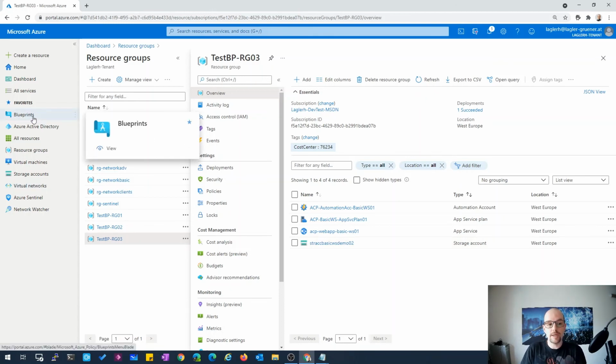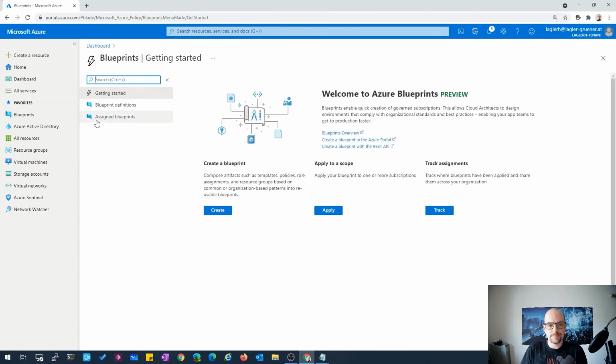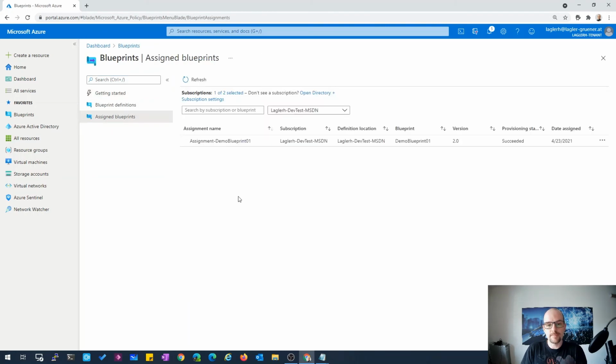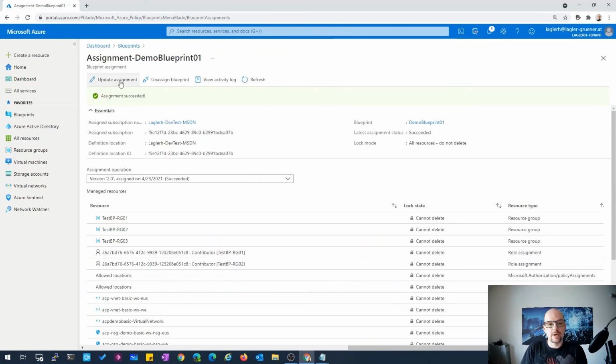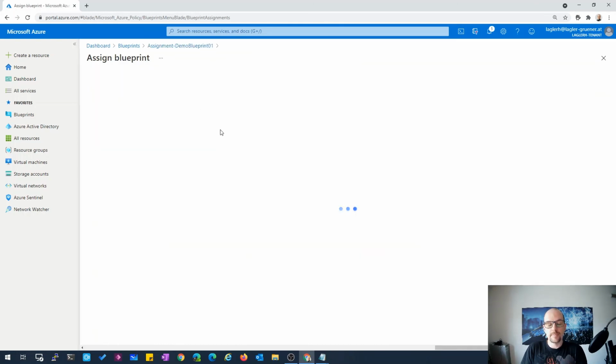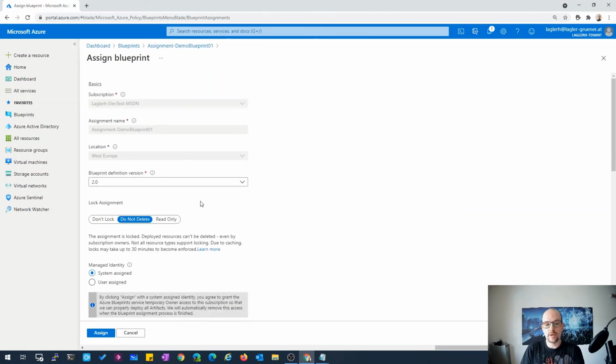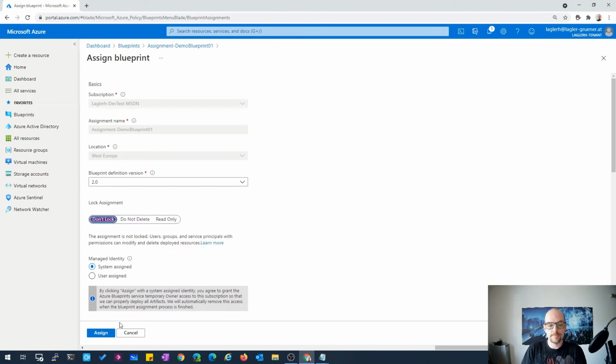So let's switch back to the blueprints, go to the assignment, click on the assignment itself, and click on update assignment. We want to choose the same version, version 02, but we want to remove the lock assignment, in this case do not lock, and click on assign.